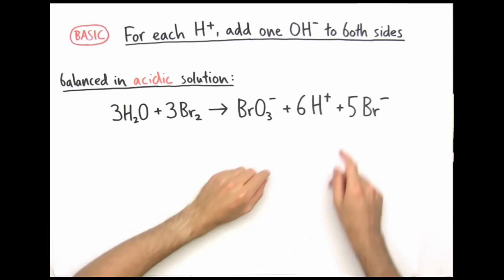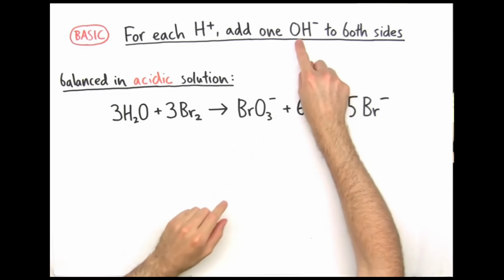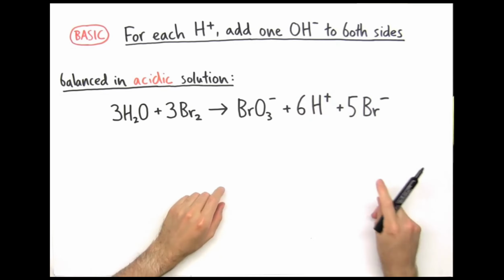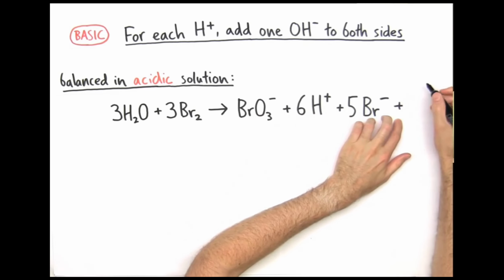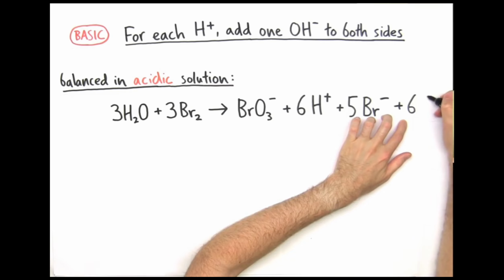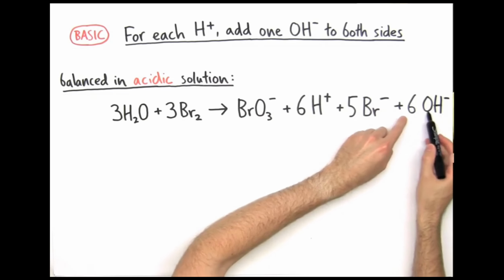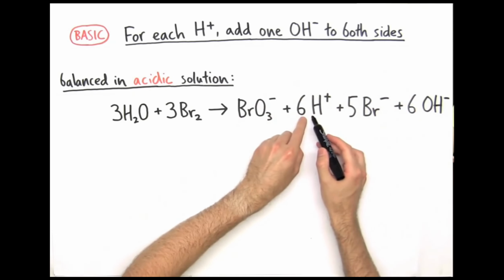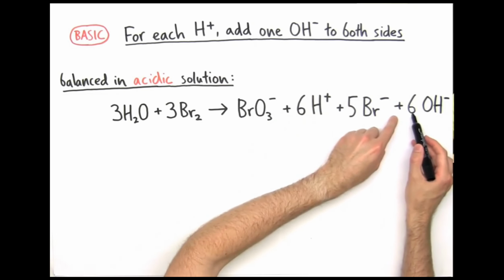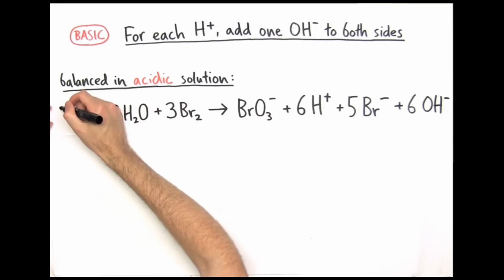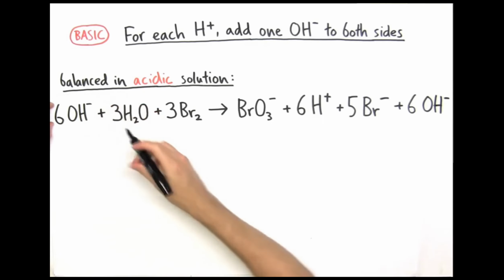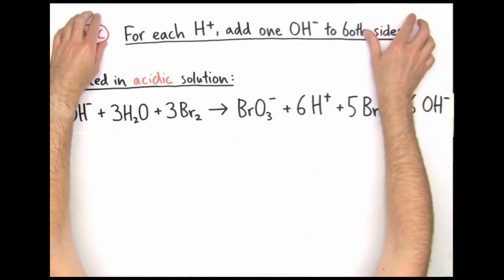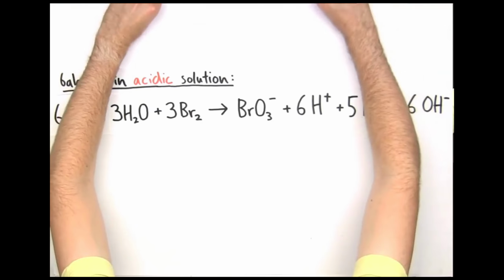First step, we'll get rid of these H pluses by adding OH minus to both sides. We've got 6 H pluses here, so I'm going to add the same number of OH minuses. 6 OH minus here. And a really important thing, you want to remember to do this to both sides, not just to the side with the H pluses. So 6 OH minus here, add 6 OH minus here to the other side. Okay, now I've got those OH minuses on both sides,